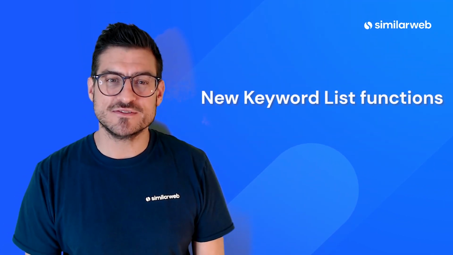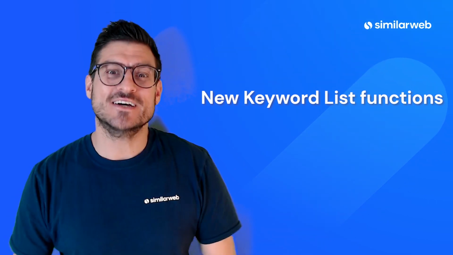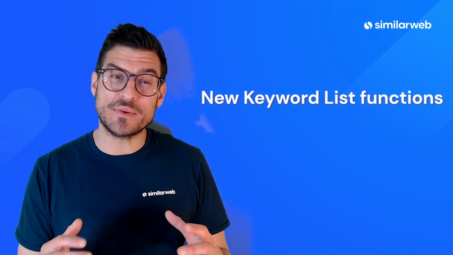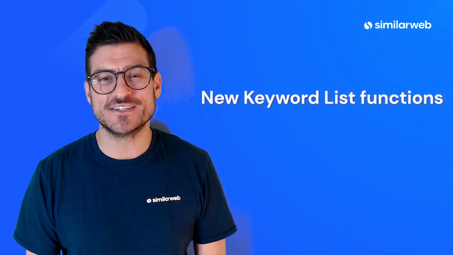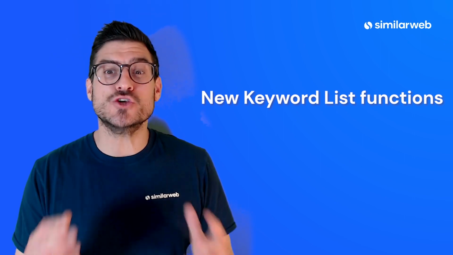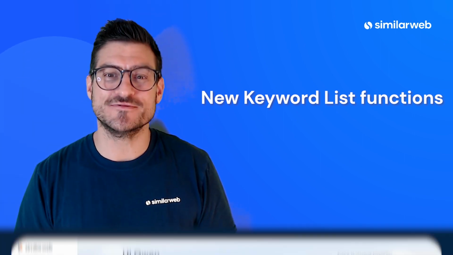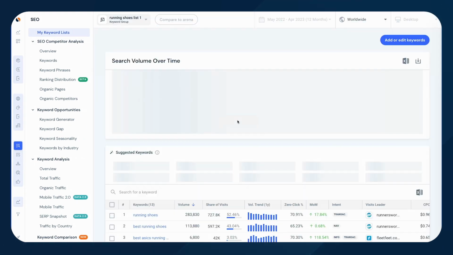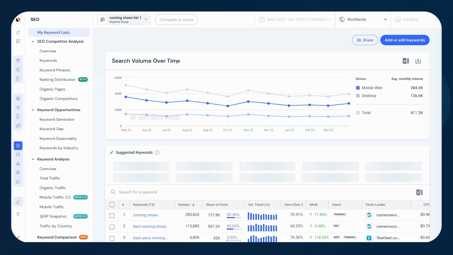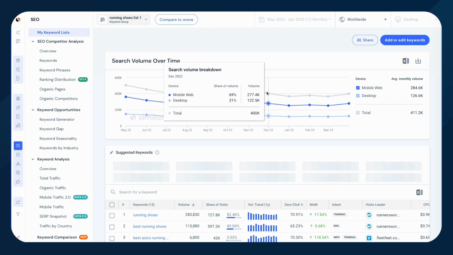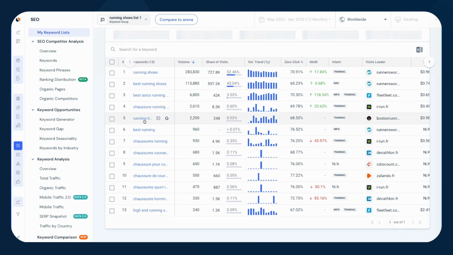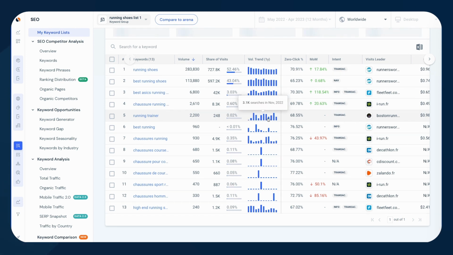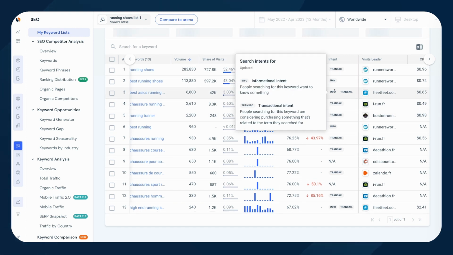First, we'll kick off with our new keyword list improvements. We've made it even easier to analyze the performance of keyword topics through your keyword lists, with the addition of a search volume over time graph. This gives you a macro view of an entire topic list and how its aggregated search volume performs historically. Then you can get into detailed micro-level insights for every individual keyword in your topic list to understand granular keyword